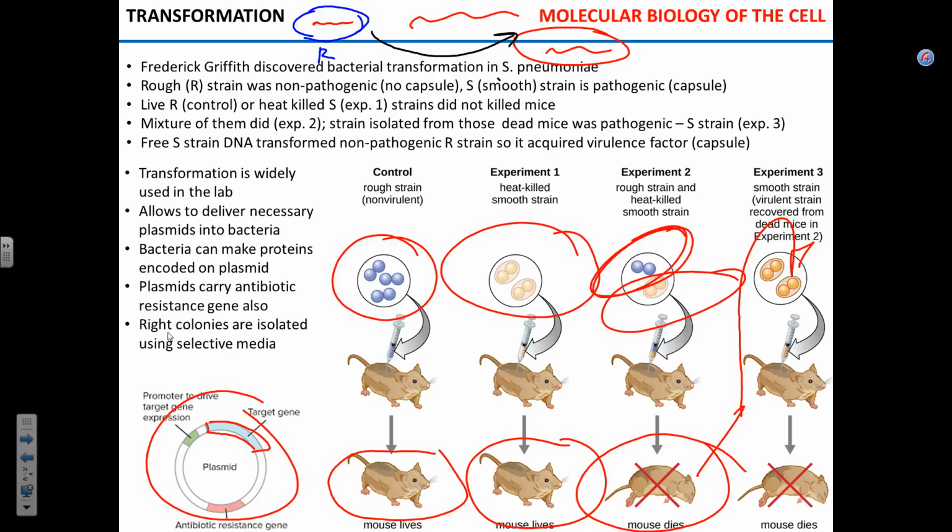You add some selective trait to the plasmid, and usually it's antibiotic resistance. Only cells that have the plasmid in them will be able to survive on the medium that contains antibiotic. Does that make sense? That's a brief overview of the actual practice that you can do in the lab, or that is done in the